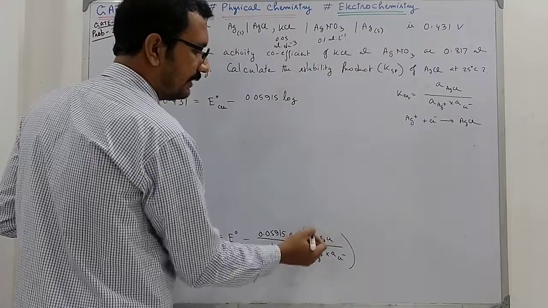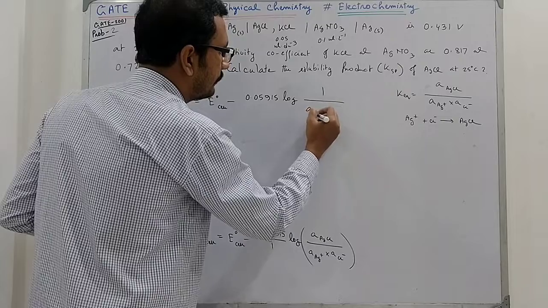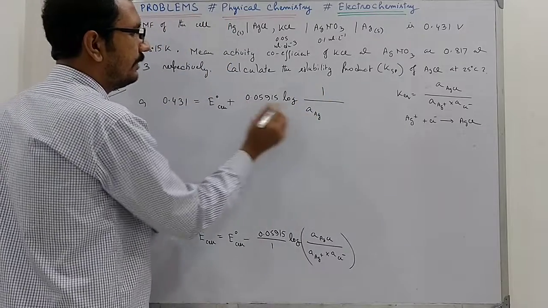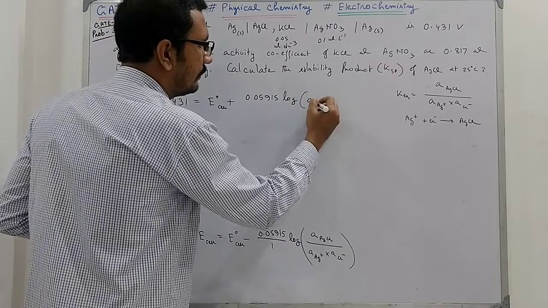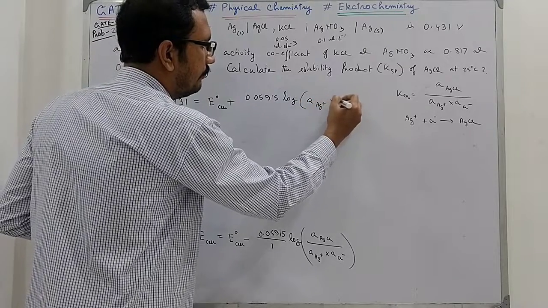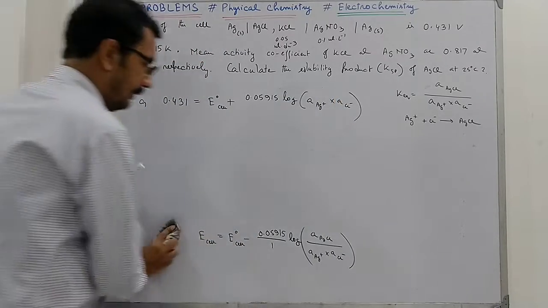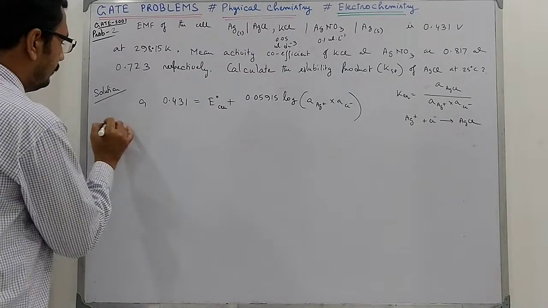Now this AgCl activity of solid is 1, so we take it to the numerator and we write here plus. So it will be Ag plus into Cl minus. Now we know